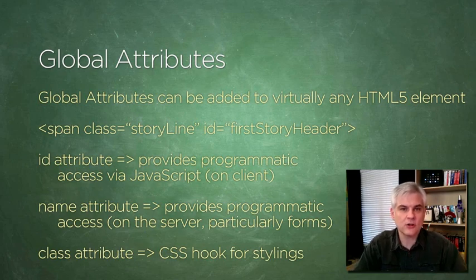What I'm about to show you are global attributes. They can be used on any element defined in HTML5. I've added a class and an ID. An ID is typically used as a unique identifier that I can add to each element if I so desire. The ID attribute is typically used for client-side scripting, for example, whenever I use JavaScript, so that I can access one item programmatically. It can also be used with cascading style sheets by referencing just the ID. So the ID attribute is completely optional, but if you do choose to use it, each ID must be unique on a given page. Similar to the ID is the name attribute, which is typically used on the server side